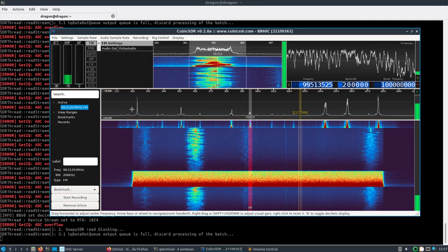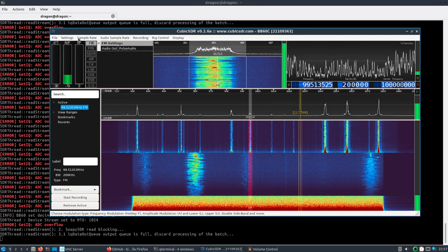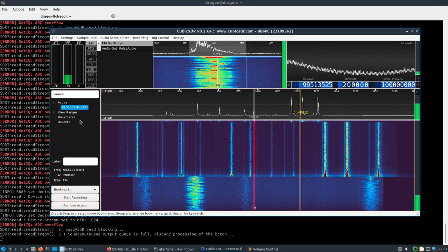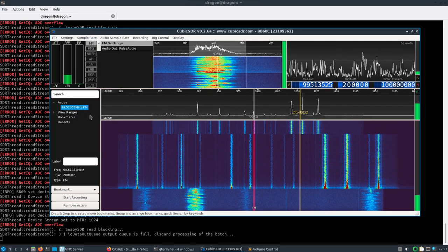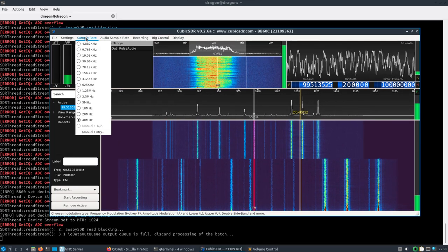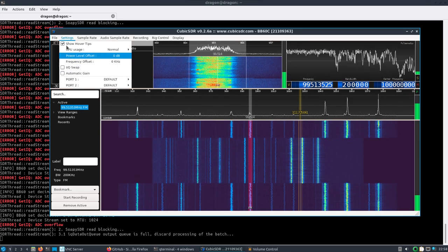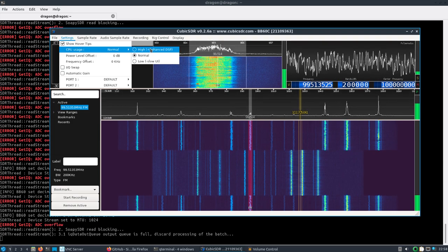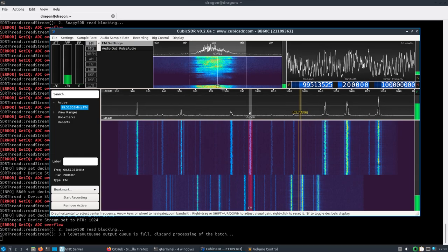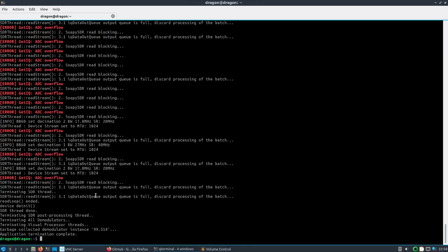Let's see what happens if we change. Okay. There's 20. I didn't think this thing, 40. I have to look that up. I thought it was 20. Okay, so Soapy with the BB60C. Let's try